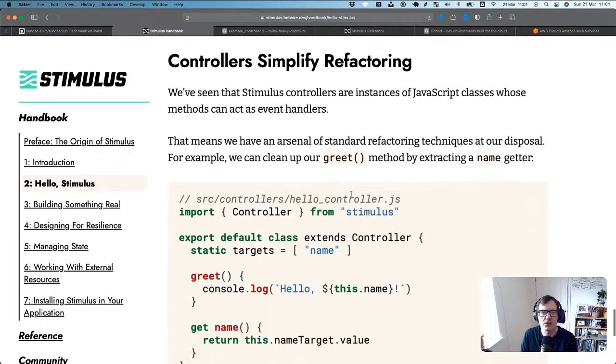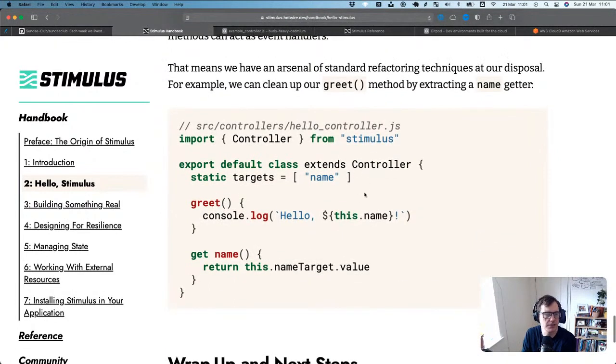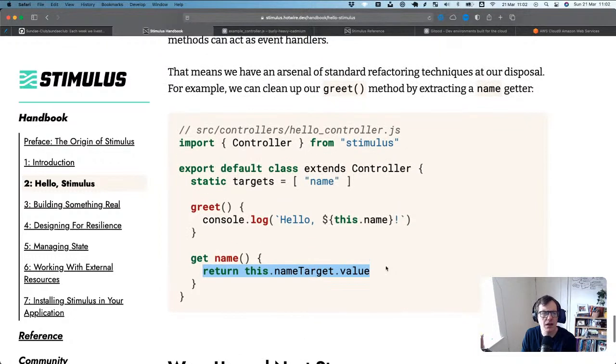We've seen that Stimulus controllers are instances of JavaScript classes whose methods can act as event handlers. Great. That means we have an arsenal of standard refactoring techniques at our disposal. For example, we can clean up our greet method by extracting a name getter. Okay, cool, but